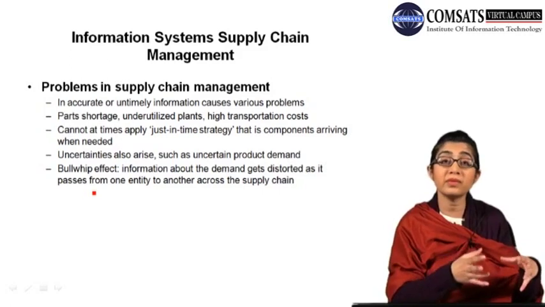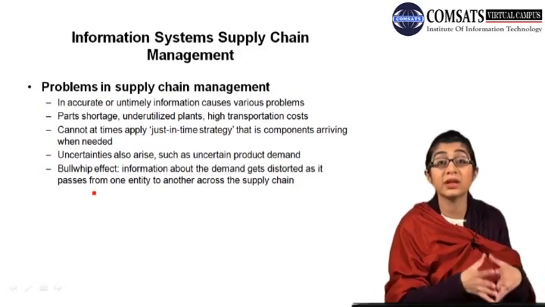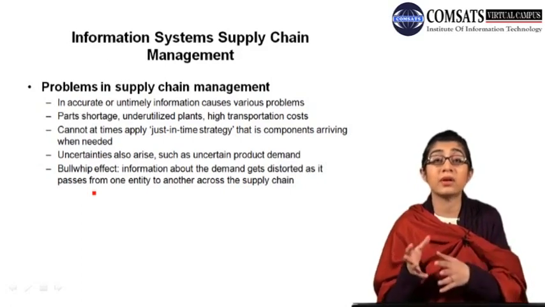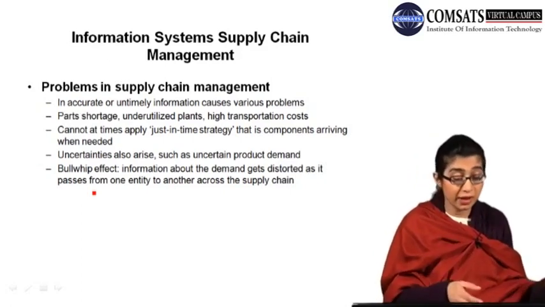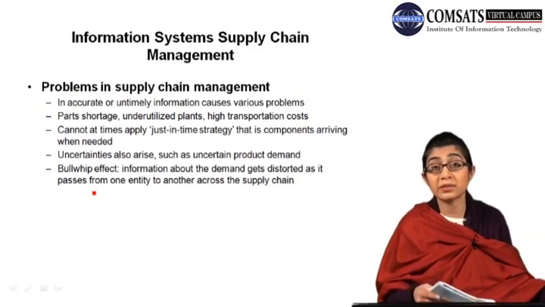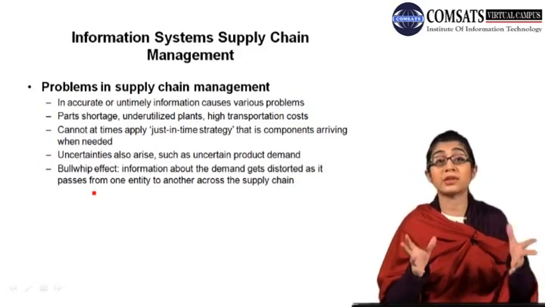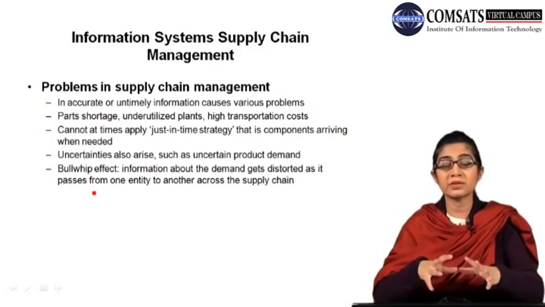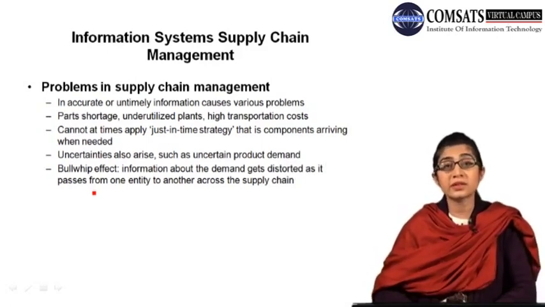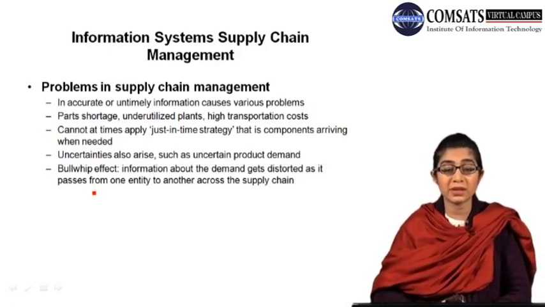एक तो ये कि information सही नहीं पहुंची, ये भी हो सकता है that information did not come on time. So when we're talking about information, we always say that it has to be at the right time, in the right format, and to the right person. So this is what we've always stressed upon. अब इस inaccuracy और untimeliness से क्या problems आ सकते हैं?